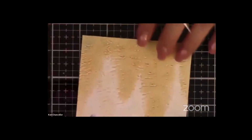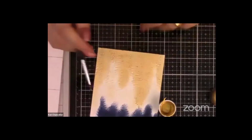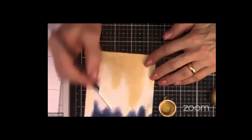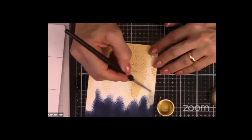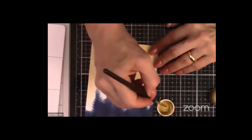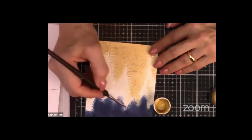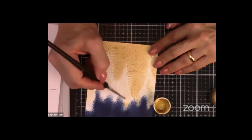take some of this paint, and let me just move out so you can see what I'm doing. I'm just going to take some of this paint, and if I rub this paintbrush along using the same technique as I did with the sponge dauber, you can just pick up some of the outline of the tree. You can see where I'm picking up some of the outline of that tree right here. I'm picking up some of the outline of that tree, and I'm giving it a little bit of